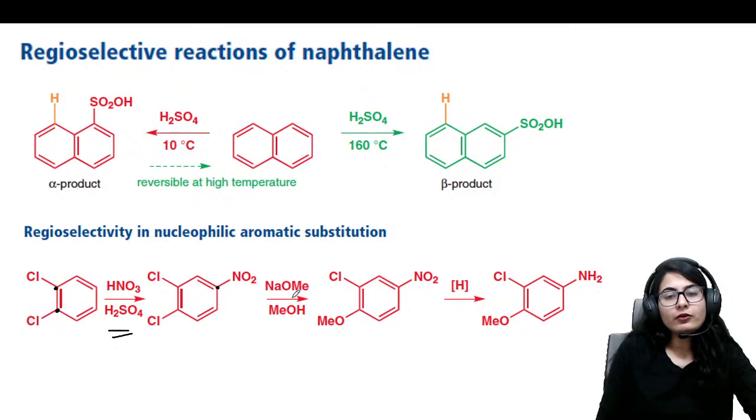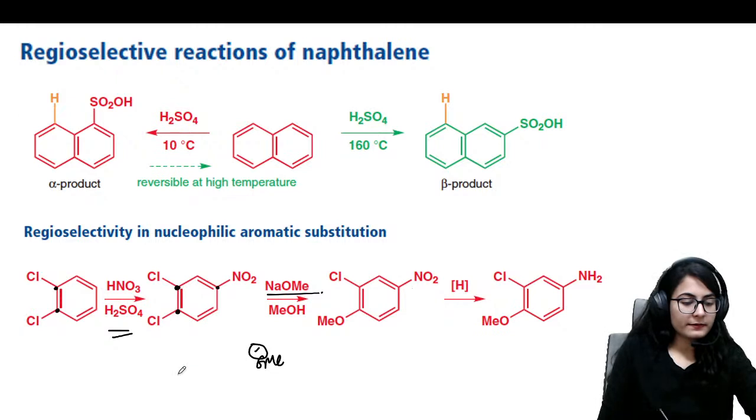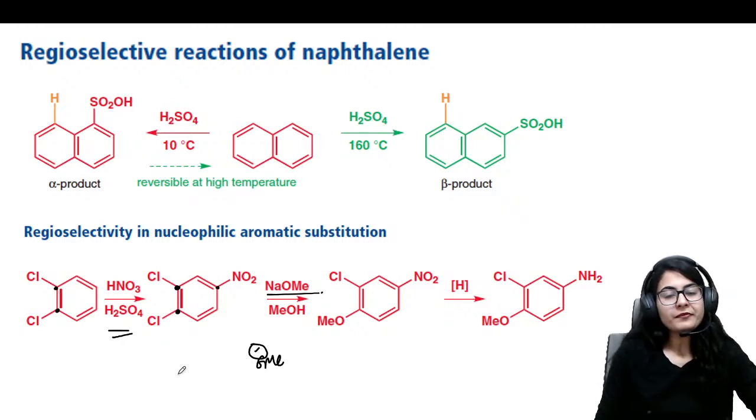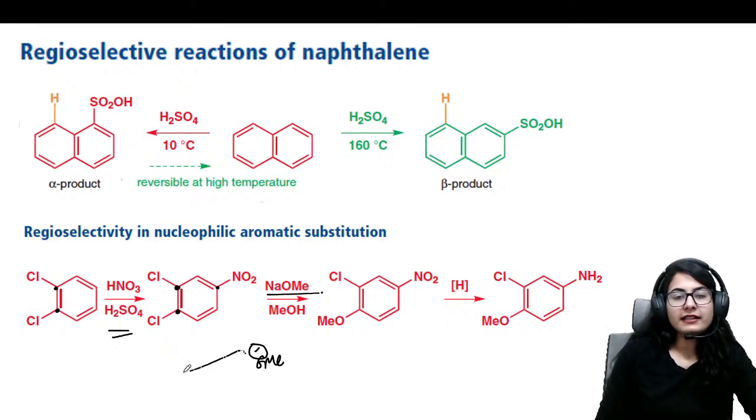Okay. Now you have the methoxide once again. Where is this methoxide going to attack? Which chlorine would it substitute? The meta chlorine or the para chlorine? Which one do you think? That's the regioselectivity once again. So yes, the meta or the para. And why is that so? Why is it attacking the para chlorine? Why not the meta? Because when you write the resonance structure, see,